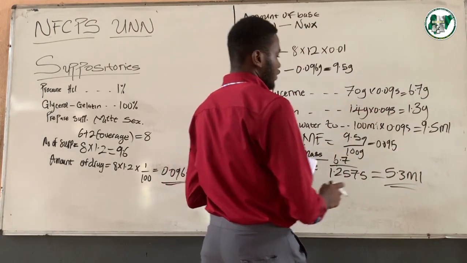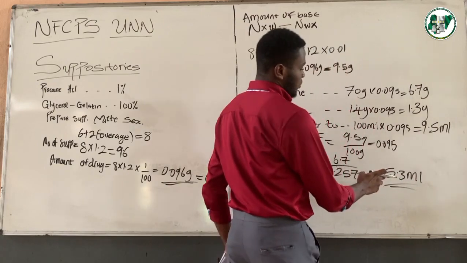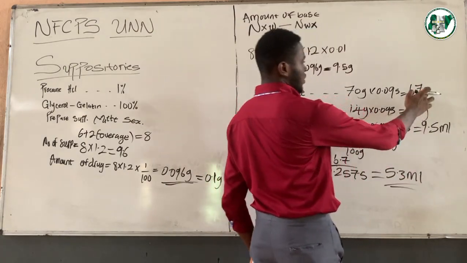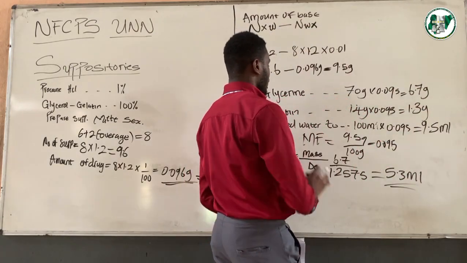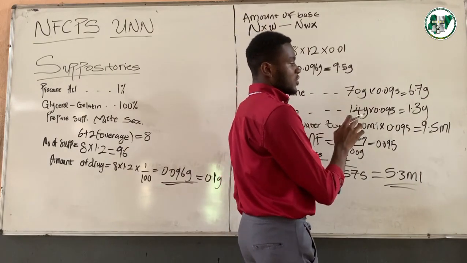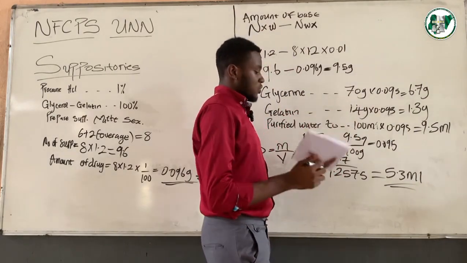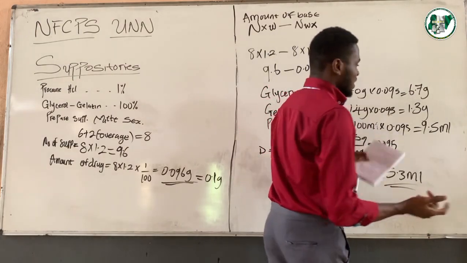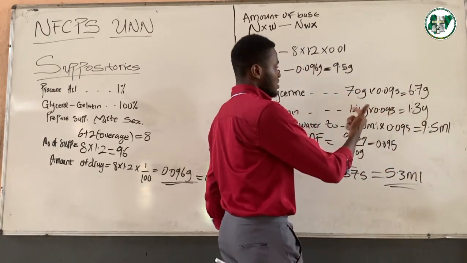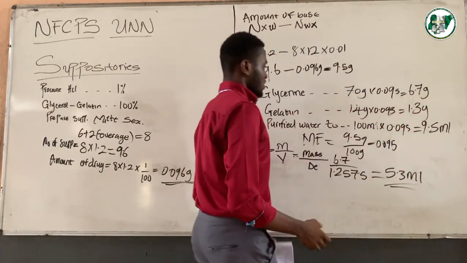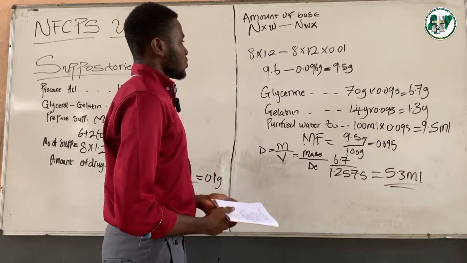So we are going to be using 5.3 ml. This 5.3 ml of glycerin is equivalent to 6.7 gram of what we have here. Now gelatin is usually a solid, so we're just going to get it and triturate it, or size reduce it. Then what we're going to be doing is, how to prepare this is going to be,